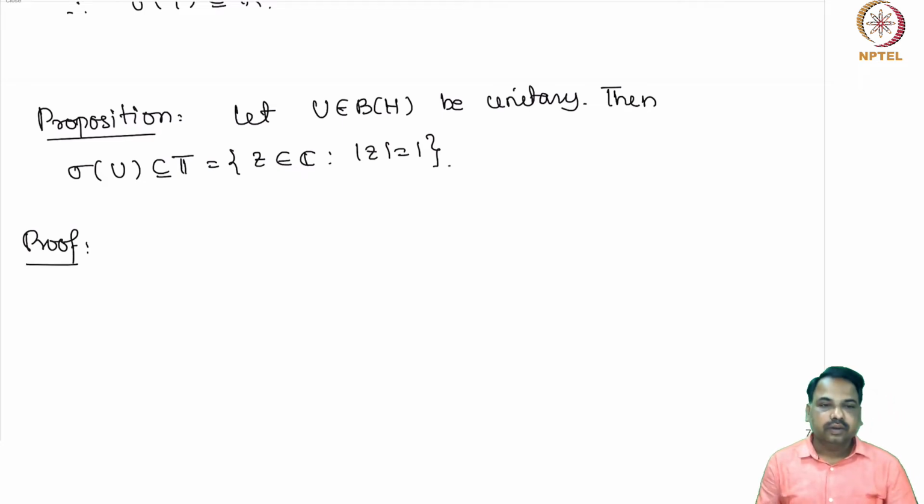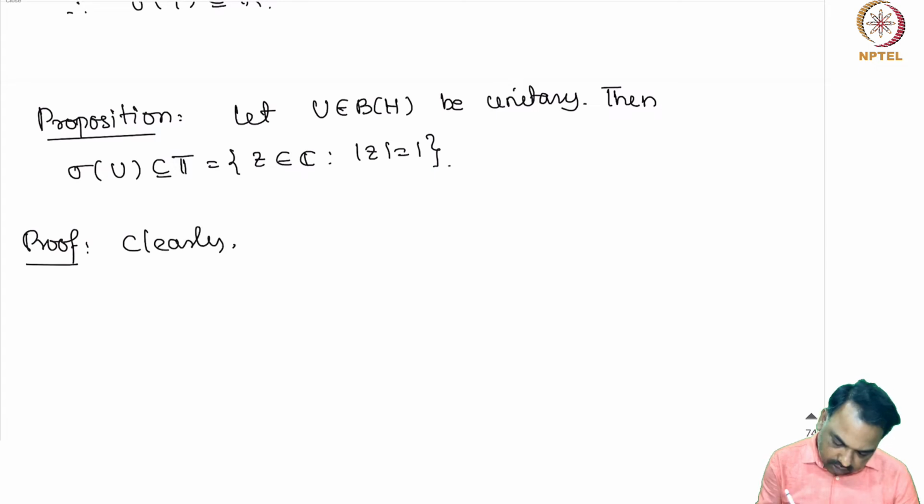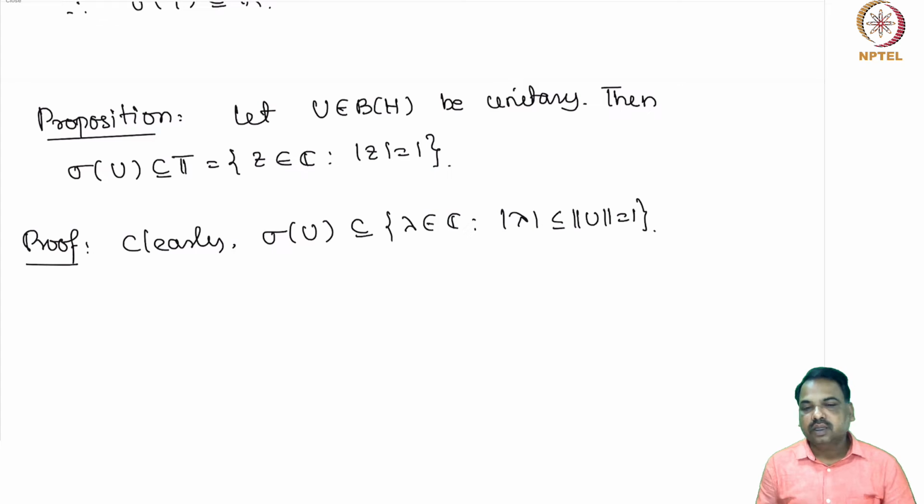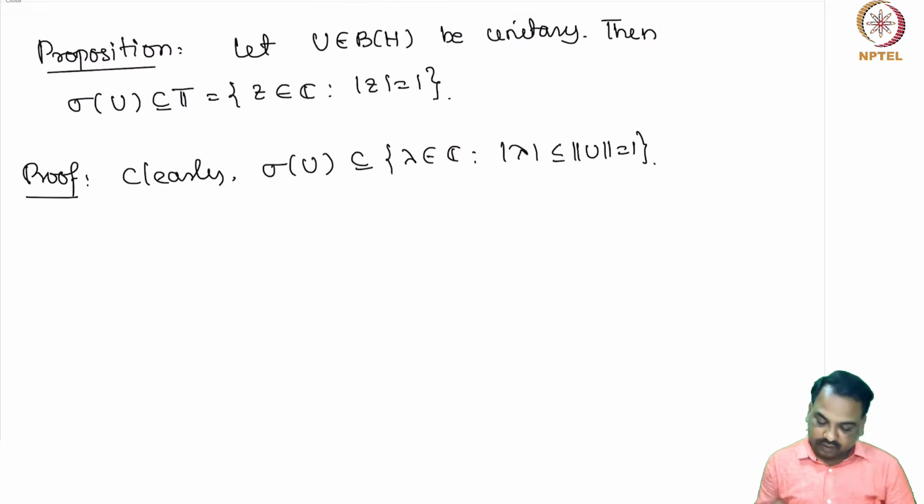So we know that for a unitary operator the norm is 1, and the spectrum of any operator is contained in the closed disk with center 0 and radius equal to the norm. So we know that clearly the spectrum of U is contained in the set of all lambda in C such that mod lambda is less than or equal to the norm of U, that is 1. Now we want to show that if mod lambda is strictly less than 1 as well as if mod lambda is strictly bigger than 1, then lambda will be in the resolvent set of U. So let us take